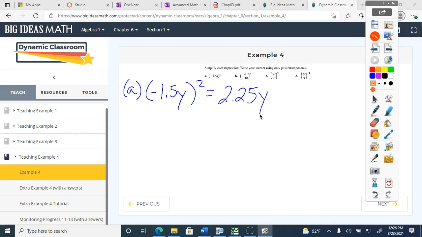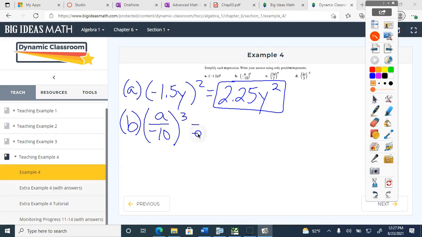Okay, let me try this again. The y will also have a 2 on it, because do I know what y is? I don't know what y is. I just know it's being squared. Okay, there is my answer. Part B, a over negative 10 to the third power. Again, everything in the parentheses is going to the third power. So a is going to the third power,